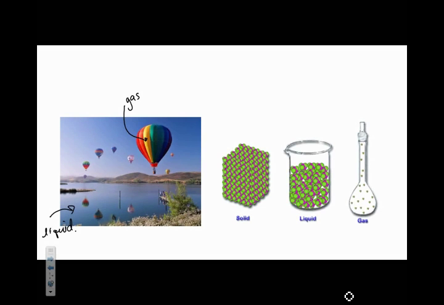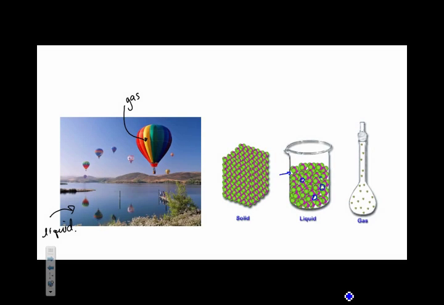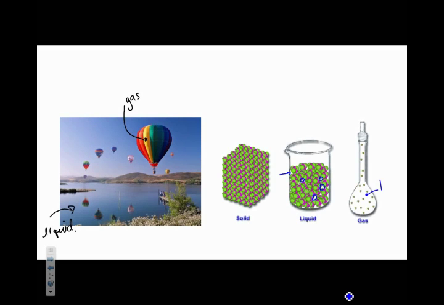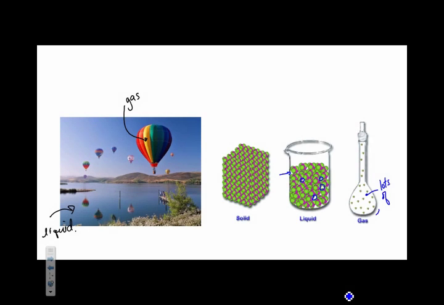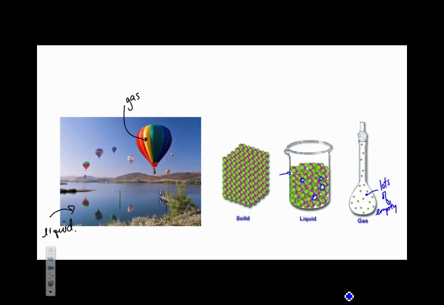On the other hand, when we get to the liquid, we can see that now I've got some spaces. It's not as organized. It's not as tightly packed together. I've got a little bit more space in between my particles, a little more freedom to move around. When I get to a gas, now we have lots of empty space. Lots of regions where there aren't particles, and particles are very separated from one another.